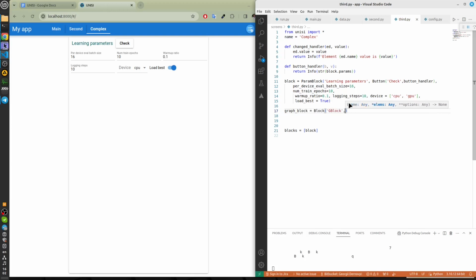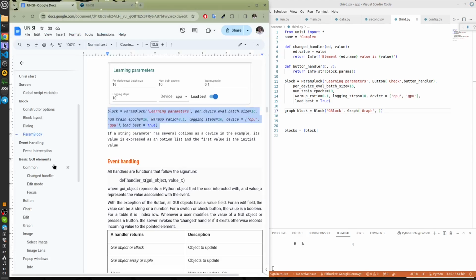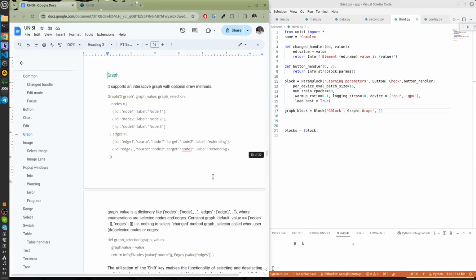And take parameters for it. Let's write. Graph should have the name, nodes, edges. Look at the documentation. Name, value, handler as usual. Graph selection. And nodes and edges.